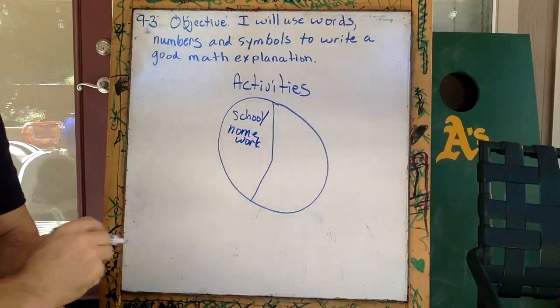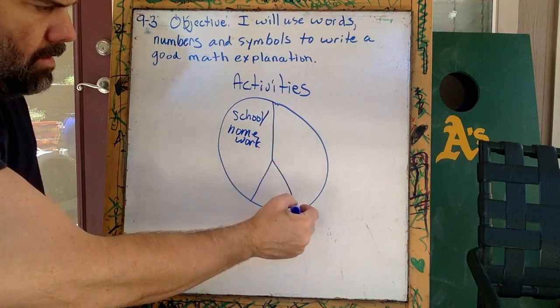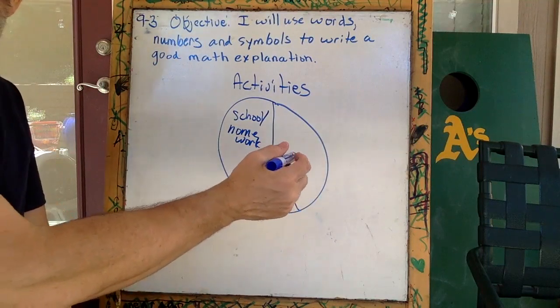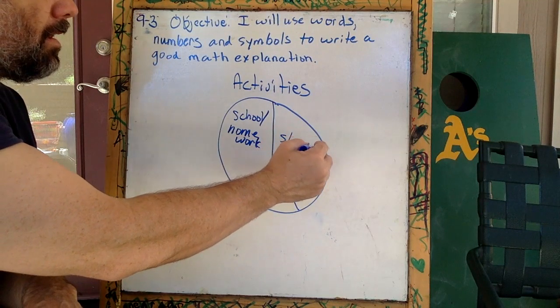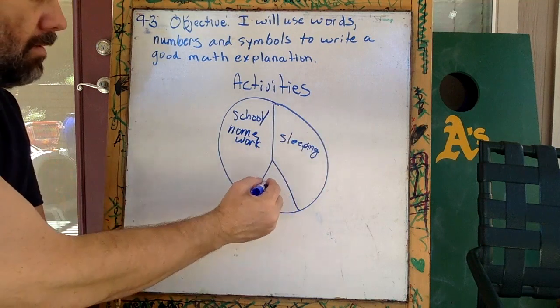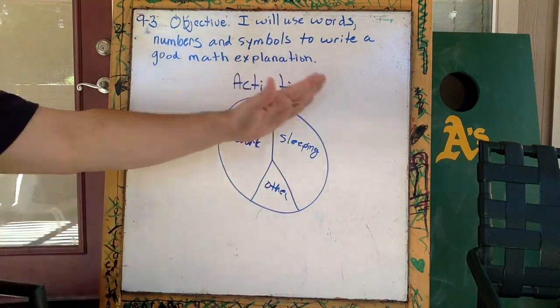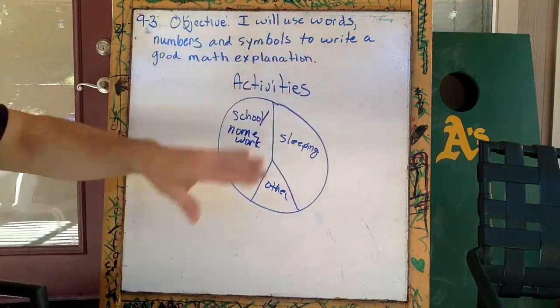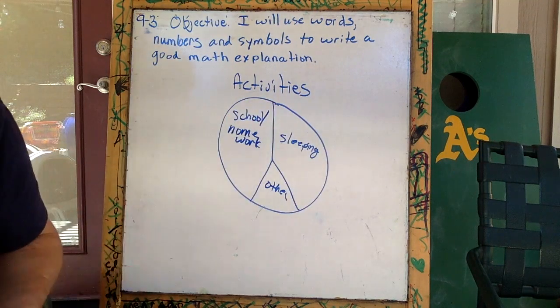And then about section here is sleeping. And then this section here would be like an other. So these are activities. So this circle represents kind of one whole. We have different sections here. So when you look at these sections, you notice that they're not all equal, but we can estimate,